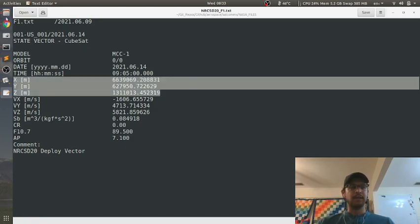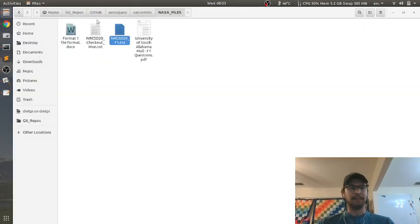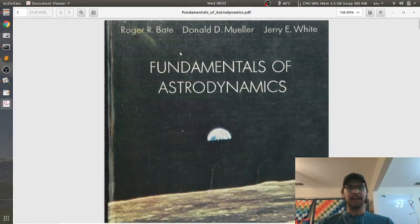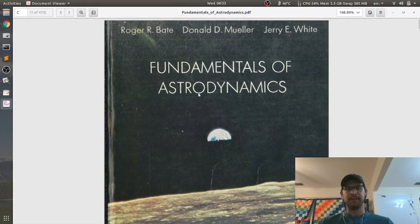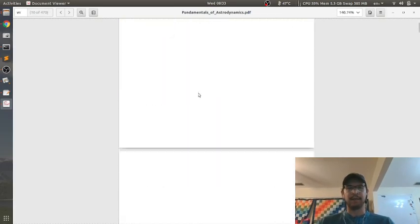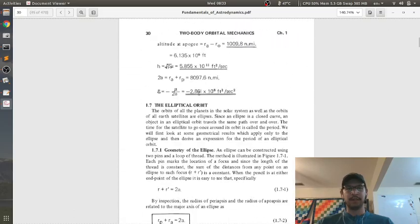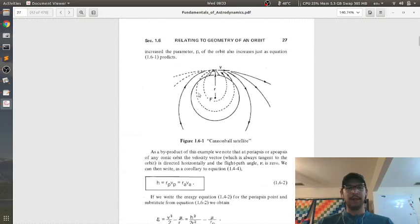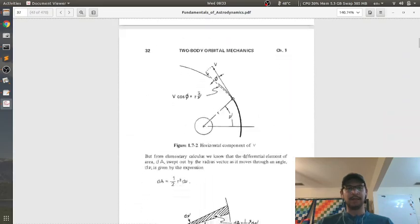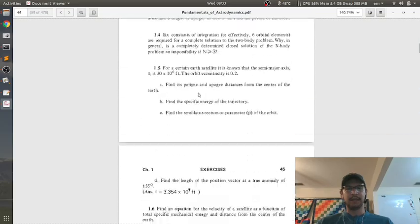Because what you can do is you can actually, using just pretty simple orbital mechanics, and so here's a book that I use. So I teach spacecraft design this semester. And so here's a book written in the 70s called Fundamentals of Astrodynamics. And if you scroll over to the end of chapter 1, and sorry, I should have prepared for this before, but it goes through the energy of the system, the eccentricity, and then there's actually a section in the book,